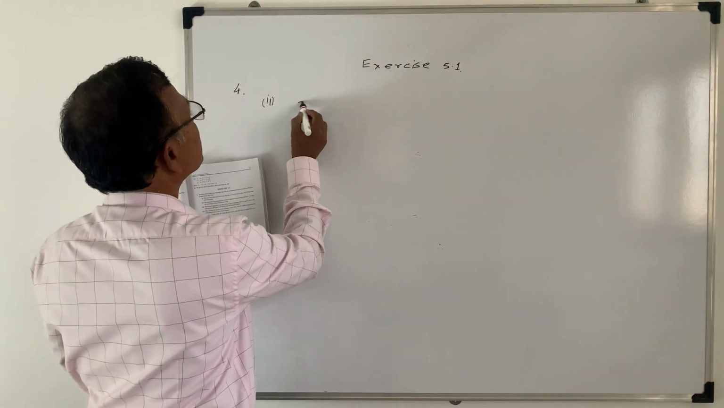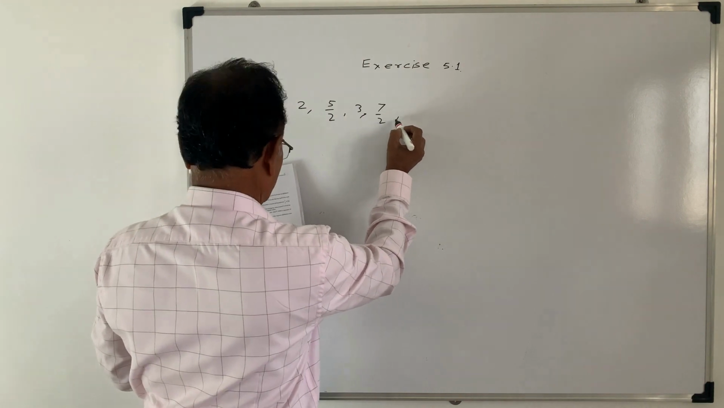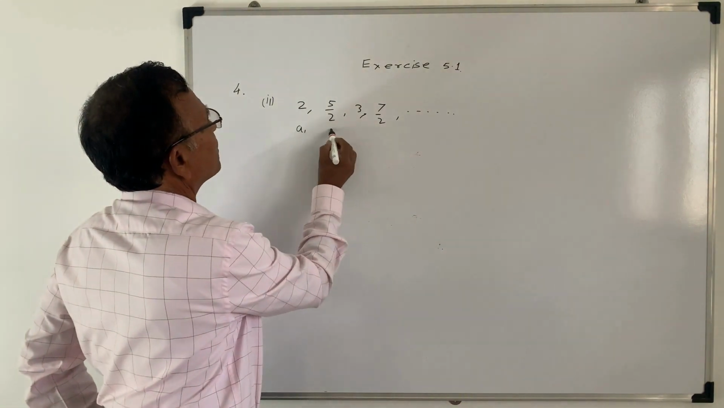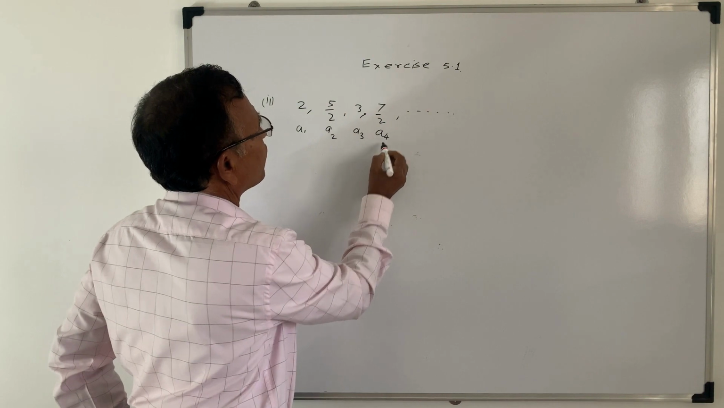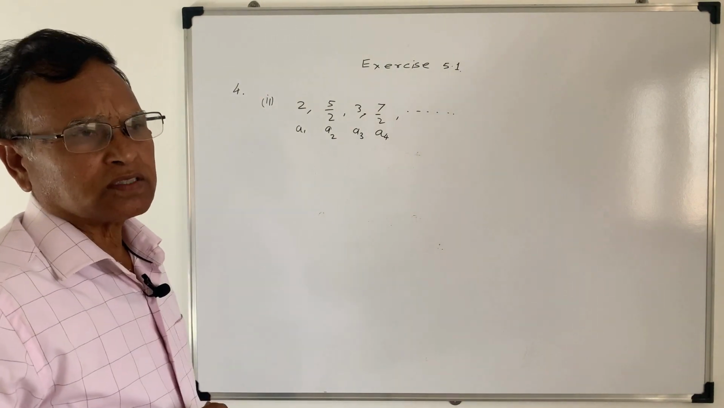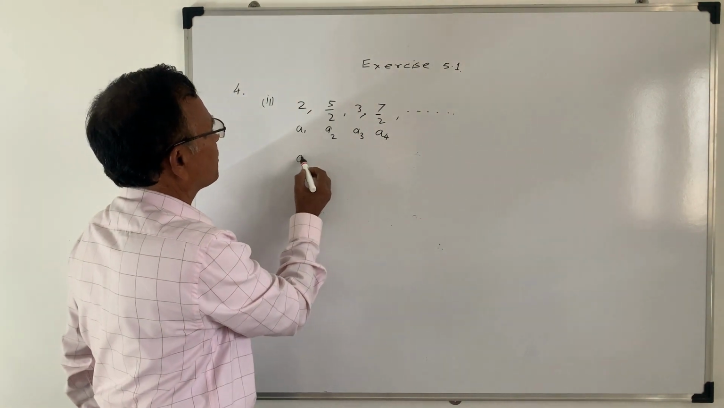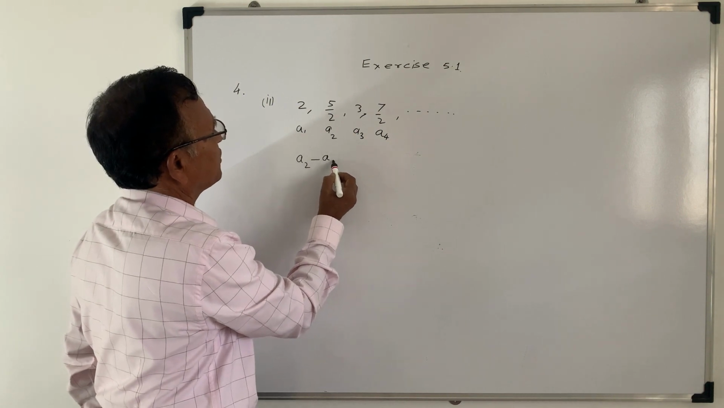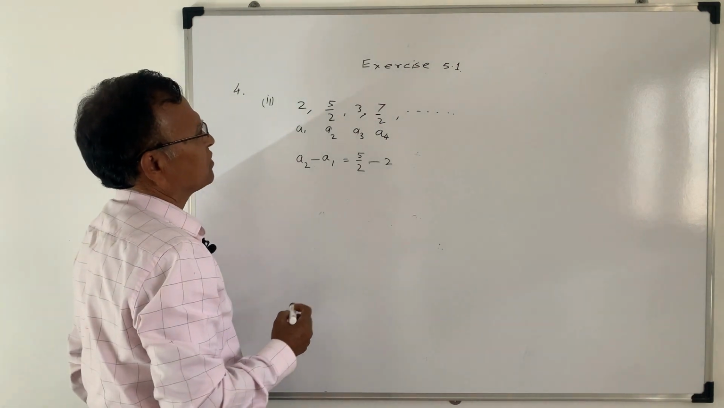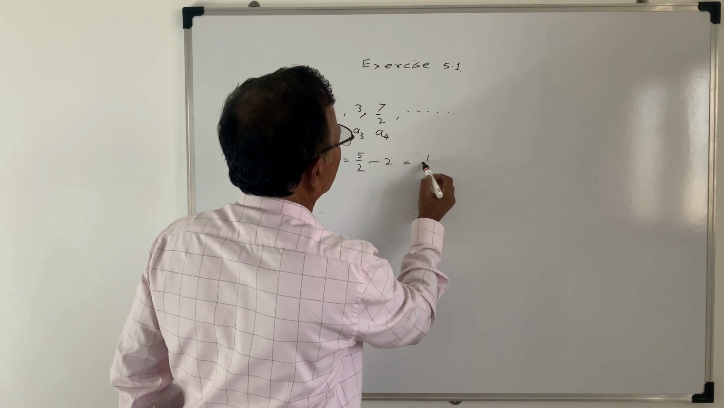सेकंड एग्जाम्पल दिया है 2, 5/2, 3, 7/2 एंड सो ऑन। यहाँ पर भी आप इसको A1, A2, A3, A4 लिखिए, इसका प्रैक्टिस आप लोगों को होना चाहिए। A1, A2, A3, A4 सो ये भी कॉमन डिफरेंस आप निकाल लीजिए A2 माइनस A1 दैट इज़ 5/2 माइनस 2। तो ये हो जाएगा 1/2।